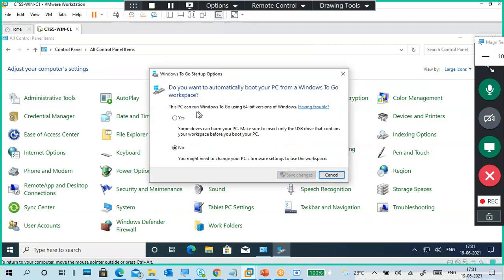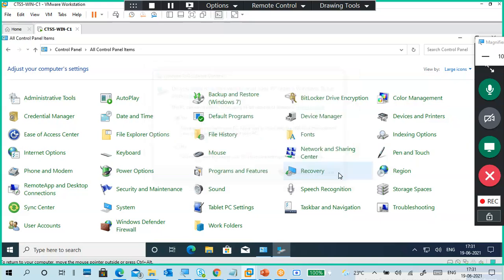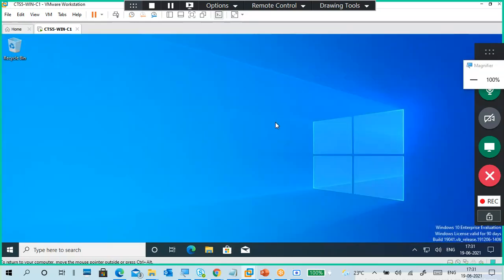It is given like this. Okay, this is one option, Windows To Go. It is available here in Enterprise only. That's why Enterprise. Okay, one more is there, Hyper-V. We will see Hyper-V.